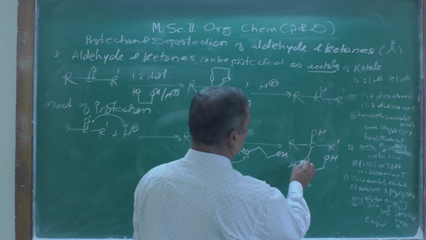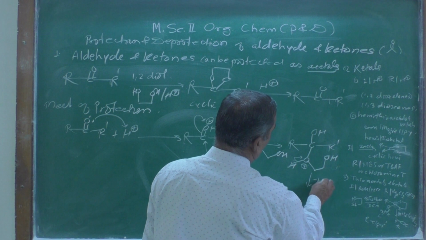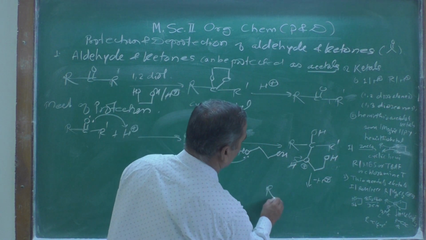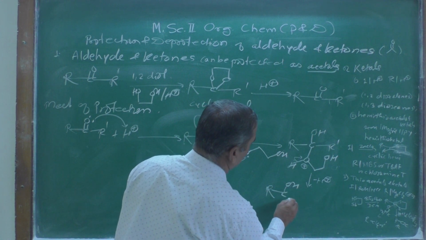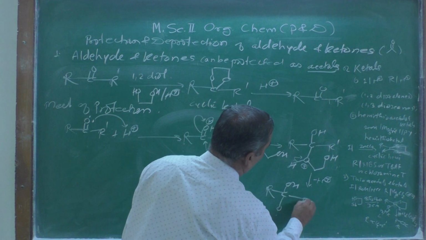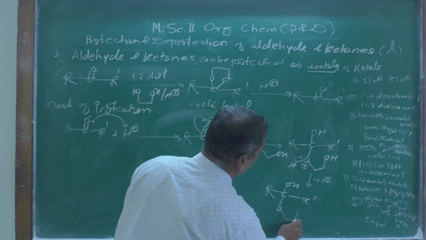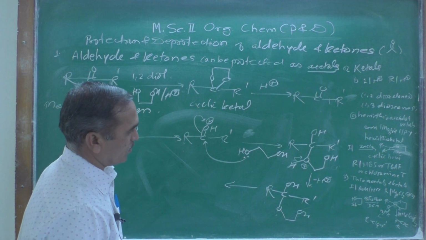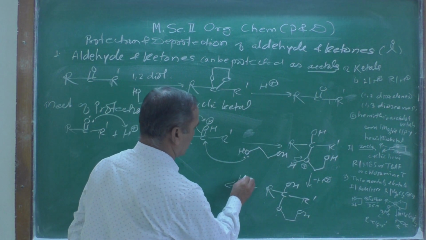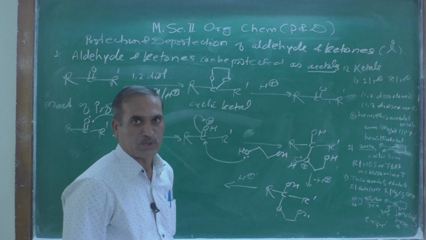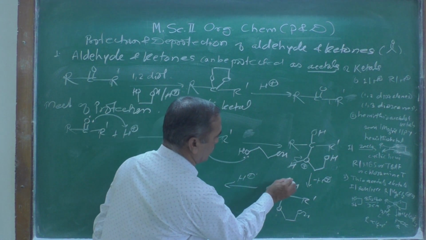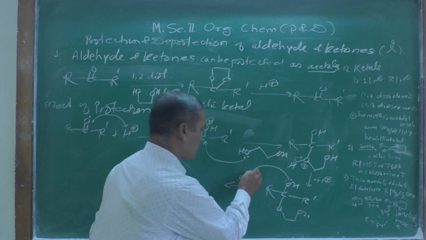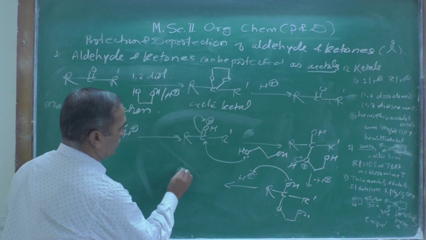It tries to stabilize itself by losing the proton in this way, and you will get ROH, then O, this R dash, then CH2, and this OH. After that, what is going to happen here? H plus, because we are using acidic medium, the lone pair present on the hydroxyl group is going to attack this proton, and you are going to get here